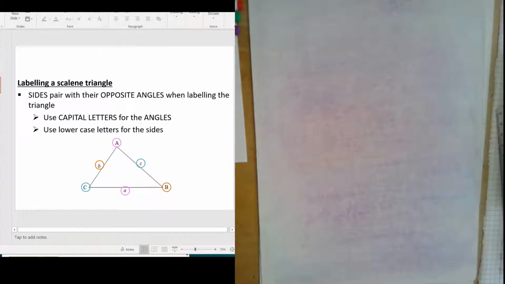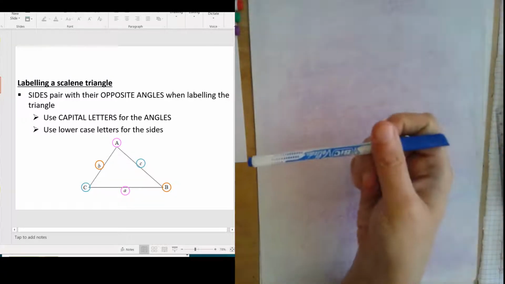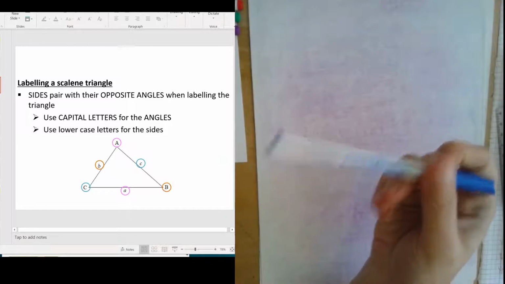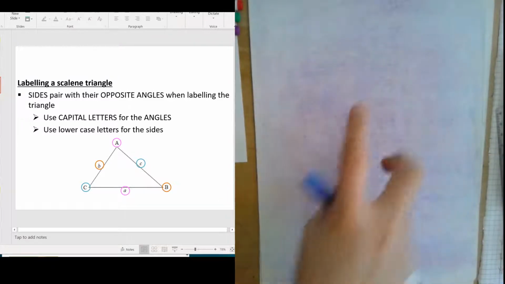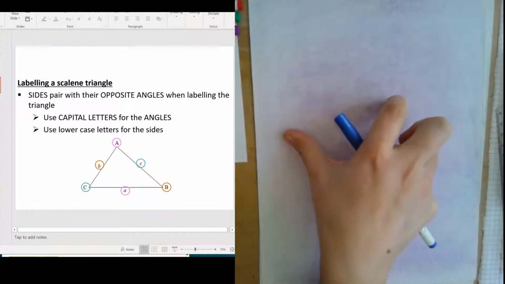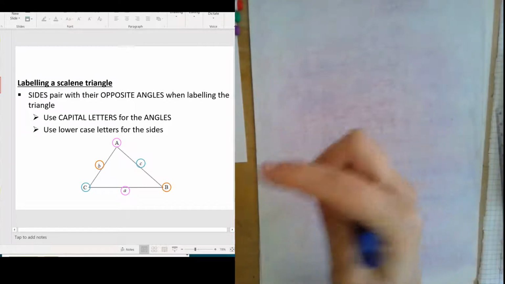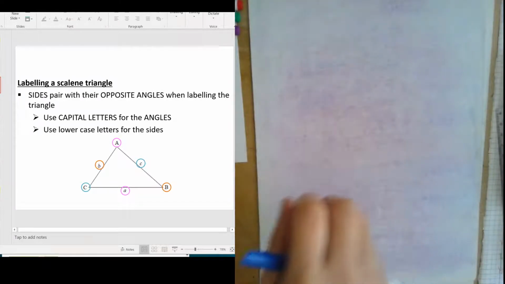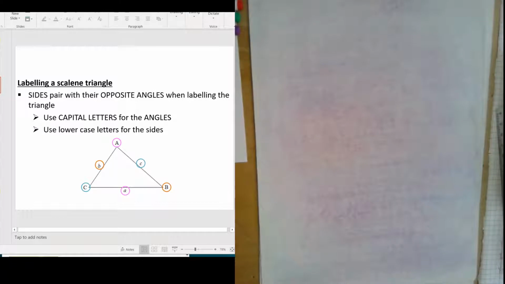Okay, good morning, guys. So we are going to start looking at trigonometry in non-right angled triangles. So the triangle we need to draw up is this one. You will notice that the angle and the side kind of pair up. So you'll see the two pinks, you'll see the reds, and you will see the blues. And those three sides match up to each other. Okay, that is the key for both the sine rule, which is what we're doing today, and the cosine rule,